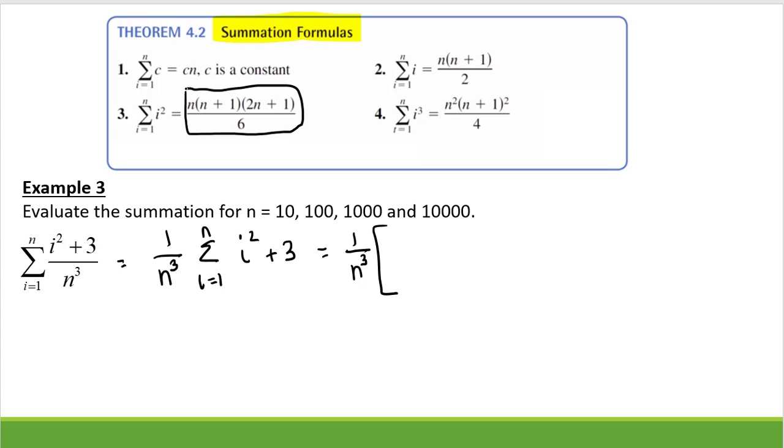And that's n times n plus 1 times 2n plus 1 all over 6 plus, when I have a constant, I use this formula, 3n. Now at this point, you can choose to simplify. Going through and simplifying, I did all of my algebra on this one, and I get